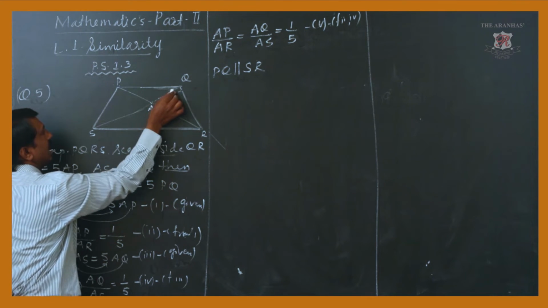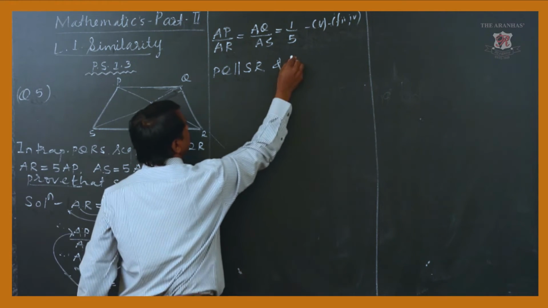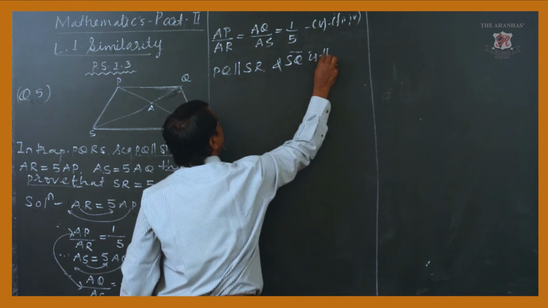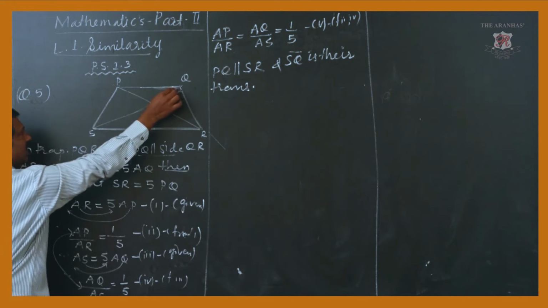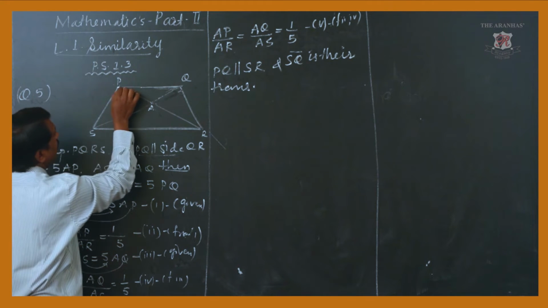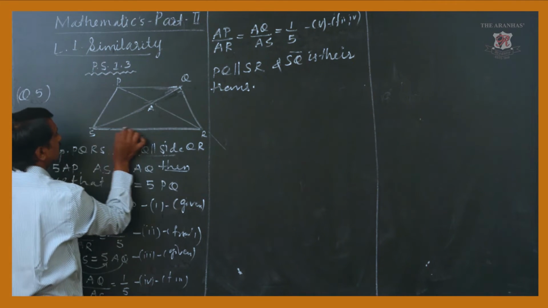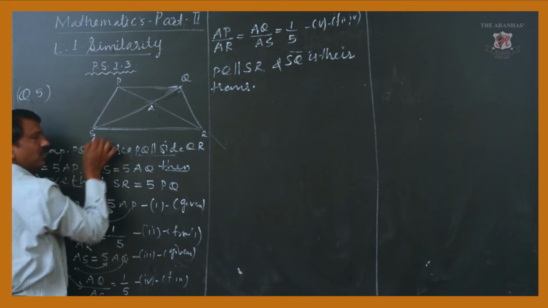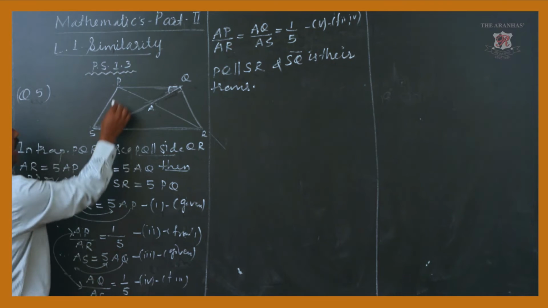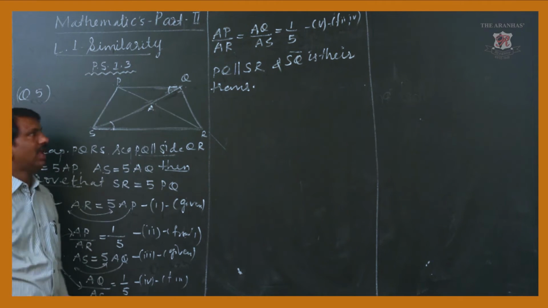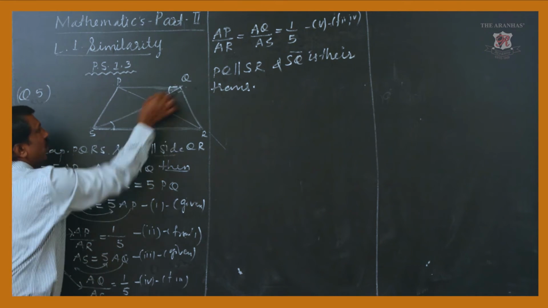Suppose we will call the intersection point A, and I will write it, and segment SQ I will mention. Here SQ is the transversal. Look at the parallel lines: PQ is parallel to whom? PQ is parallel to SR, and here we have a transversal. Immediately we come to know one Z is formed, that means angle PQA and angle ASR, which are forming the alternate angles.